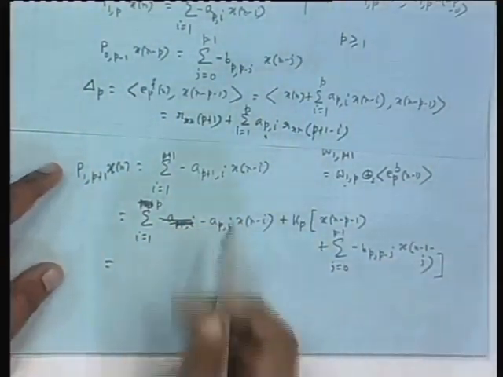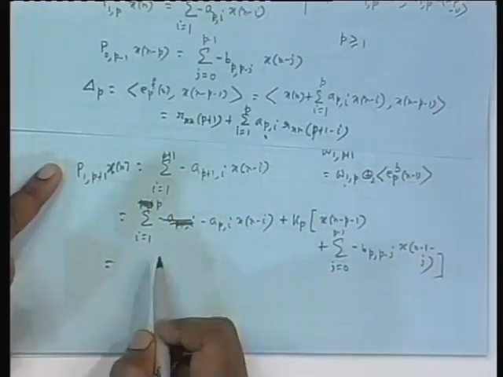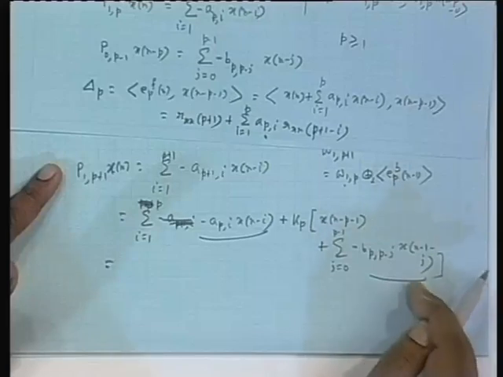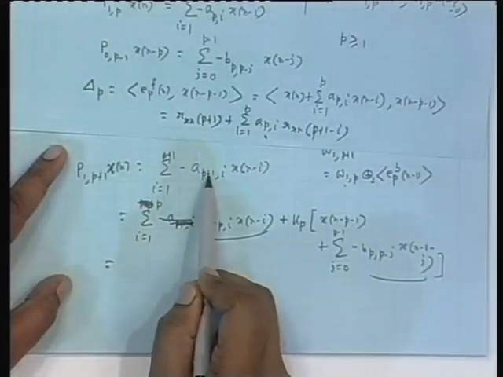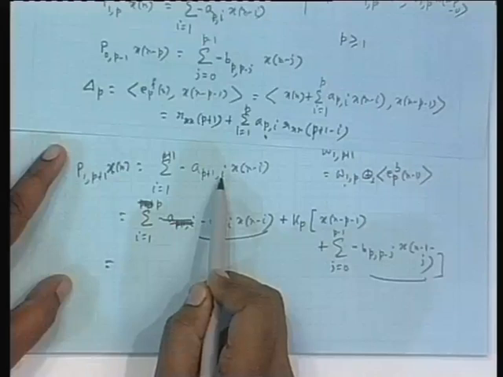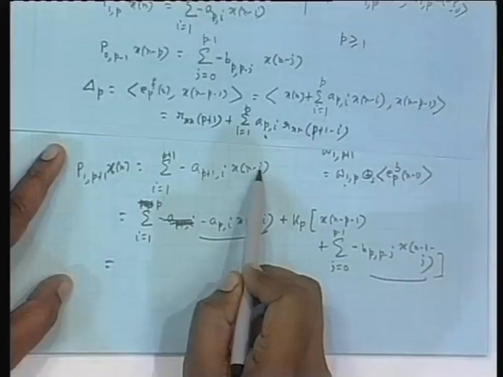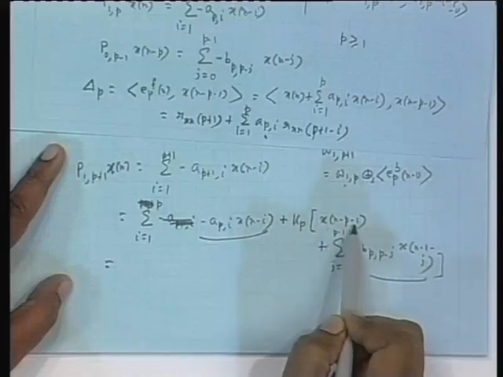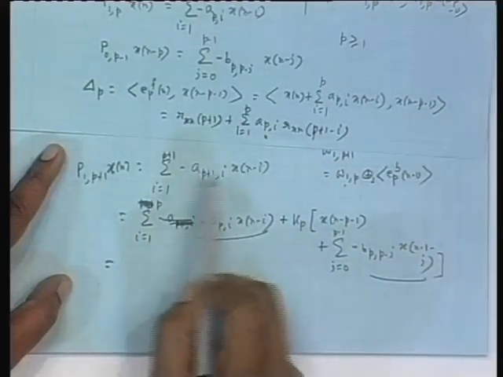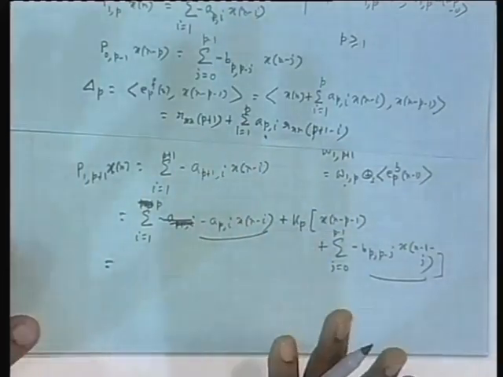This is the philosophy. But instead of doing it in that schoolboy-like manner, I will be doing it together here. Remember, here and here I have got the same terms, x n minus 1 to x n minus p. This fellow is separate. So, obviously, minus a p plus 1 comma p plus 1 is equal to Kp, because only when i equals p plus 1 do you have x n minus p minus 1, and that is the only term having x n minus p minus 1 in the right hand side. So, obviously, that particular coefficient is easily detected: minus a p plus 1 comma p plus 1 is the same as Kp.